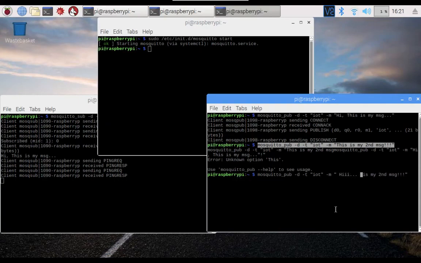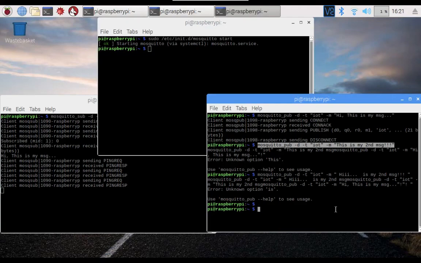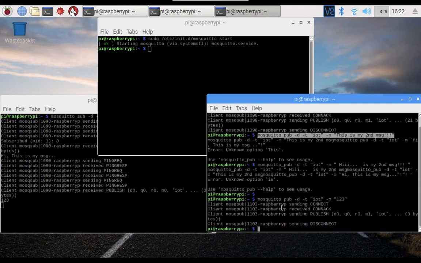I don't know what the issue is, but it should work. I'll type it: mosquitto_pub -d -t IoT. Okay, it published. I don't know, at the time of copying some error might have happened.